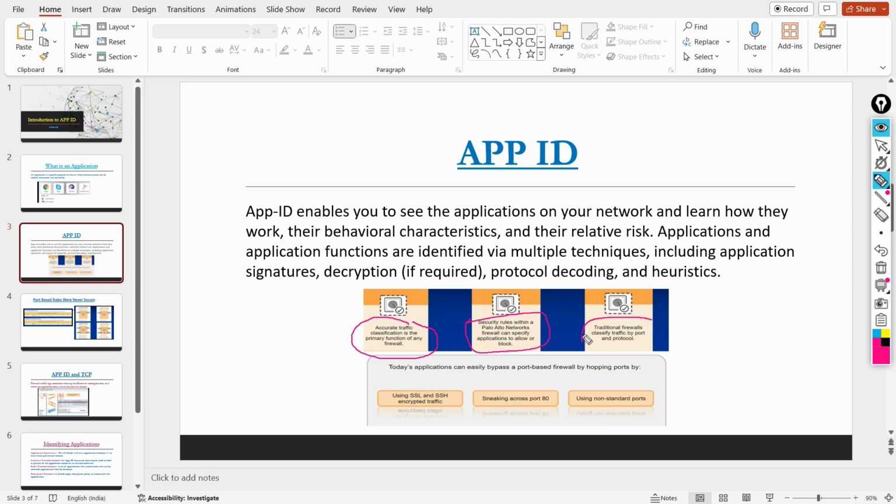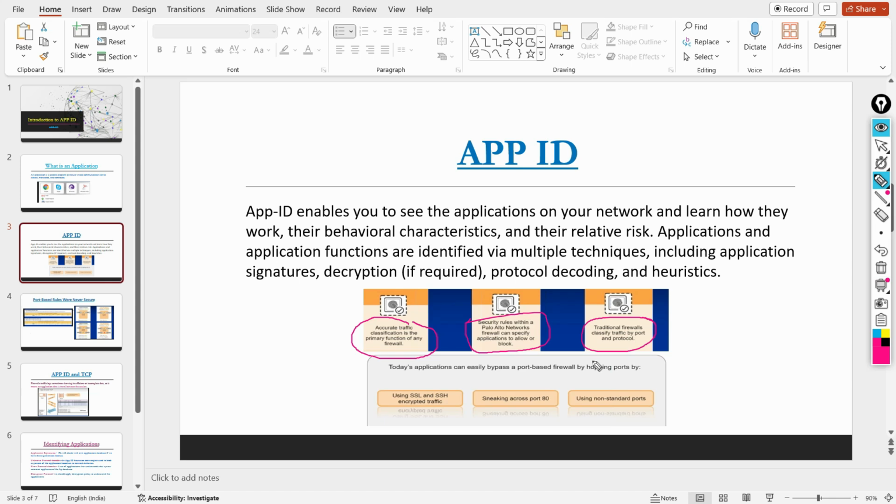Traditional firewalls classify traffic by port and protocol. Before App-ID, other firewall vendors supported TCP-based and port-number-based rules. In the legacy ASA firewall, we used to create access lists based on port numbers and TCP/UDP.